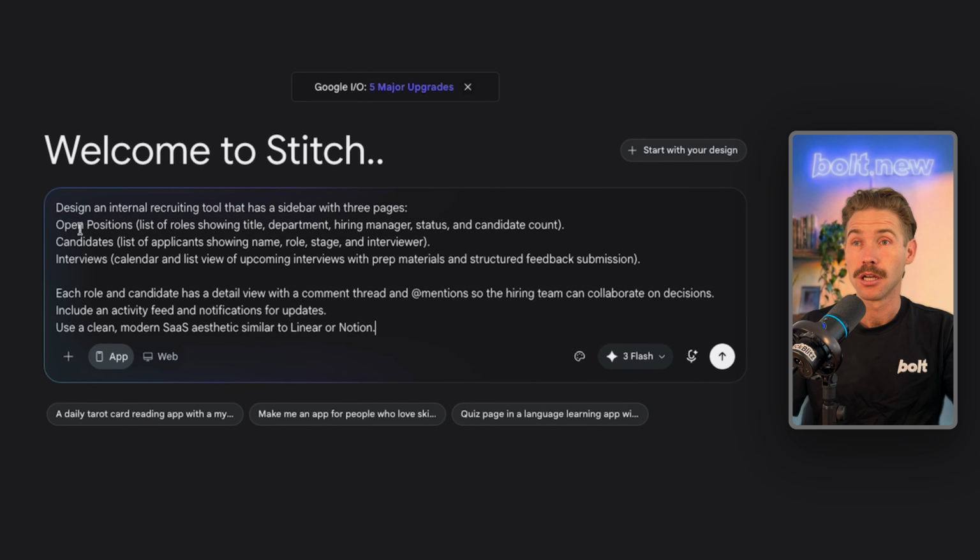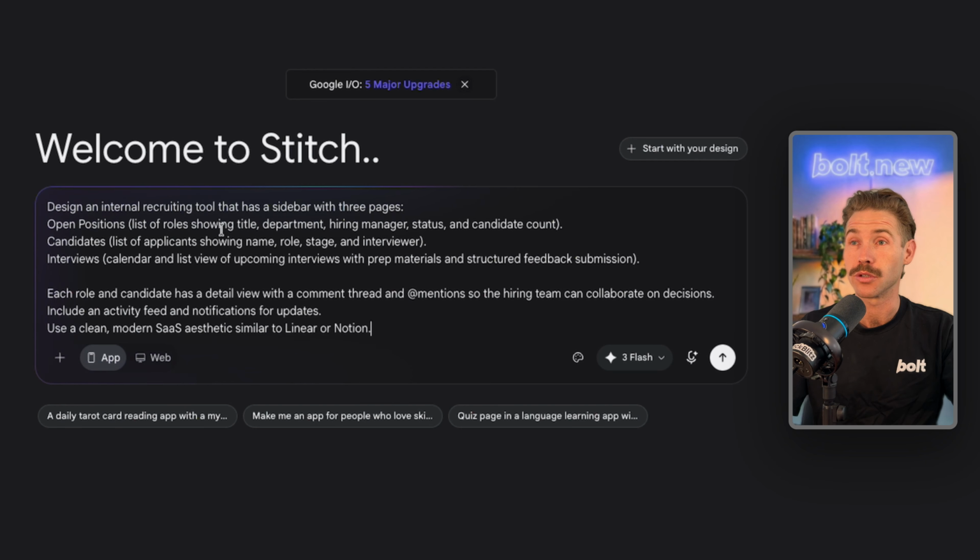Here's our initial prompt. Design an internal recruiting tool that has a sidebar with 3 pages. Open positions, list of roles showing title, department, hiring manager, etc. Candidates, a list of applicants showing name, etc. And interviews, calendar and list view, and so on. Each role and candidate has a detail view with a comment thread and @mention, so the hiring team can collaborate on decisions, include an activity feed and notifications for updates, use a clean, modern SaaS aesthetic similar to Linear or